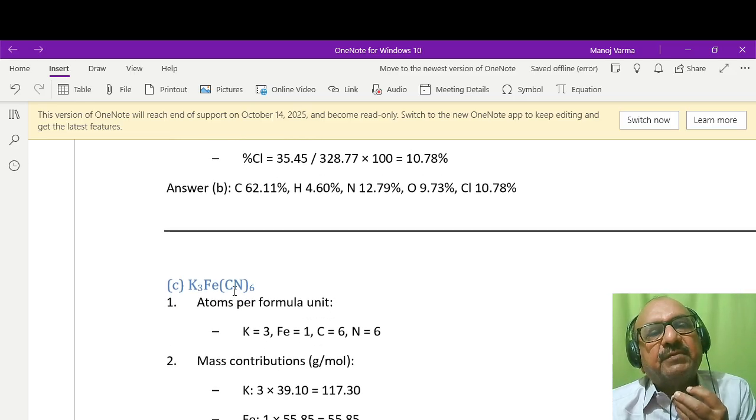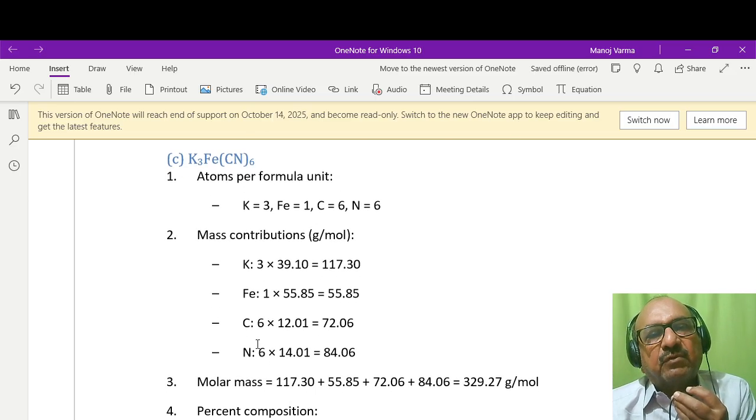Similarly for K3Fe(CN)6, you find out the total atoms, but don't forget that carbon here is 6 times and nitrogen is also 6 times. Don't forget that. Then multiply by their relative atomic masses, which you can find from the periodic table. This is the contribution of each element. The total molar